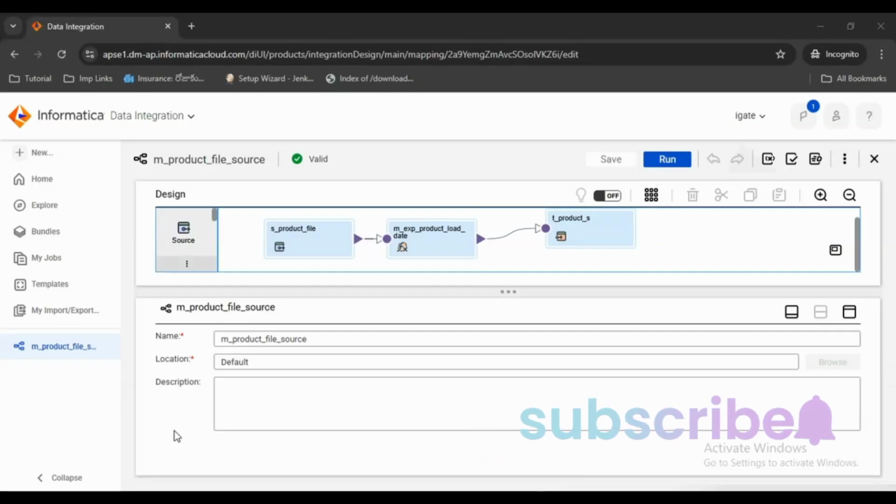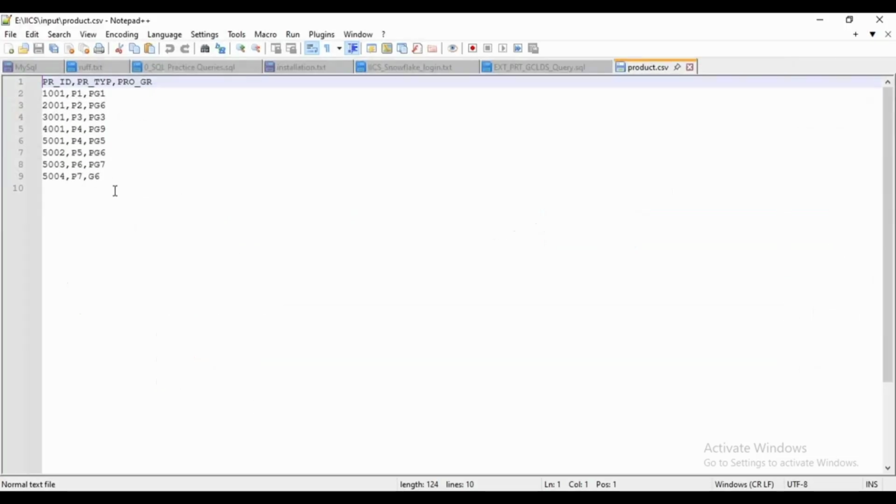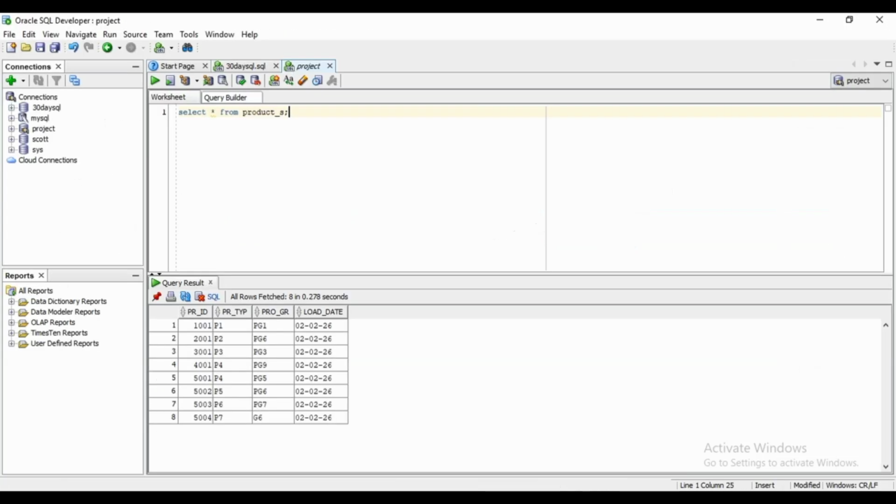Hello friends, in this session I am going to show you how to load flat file or CSV data into